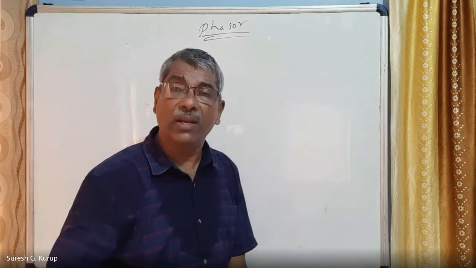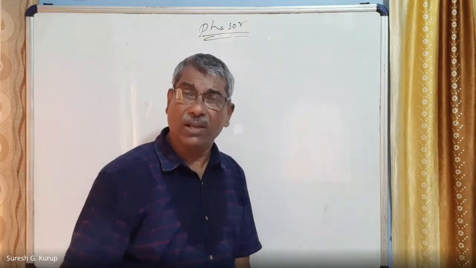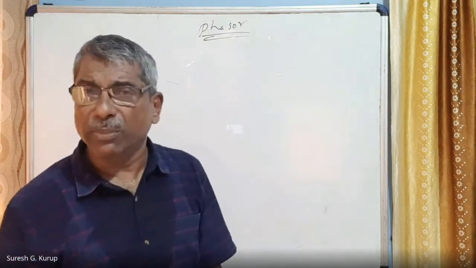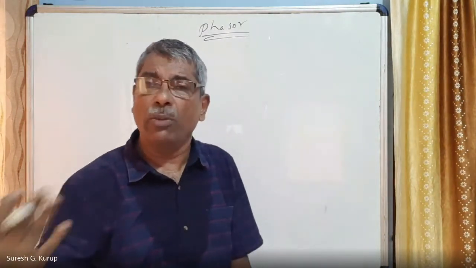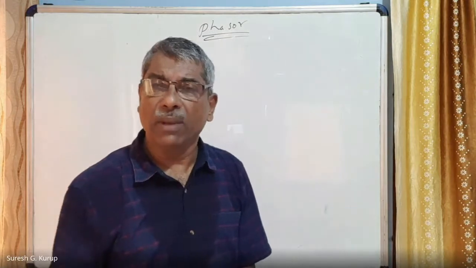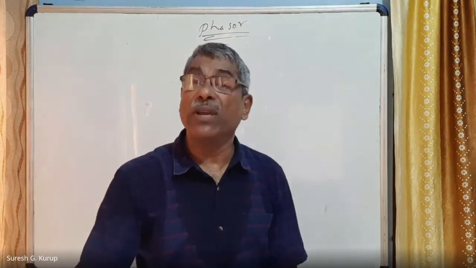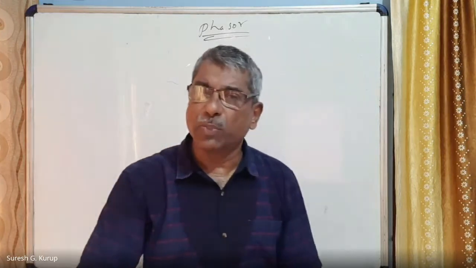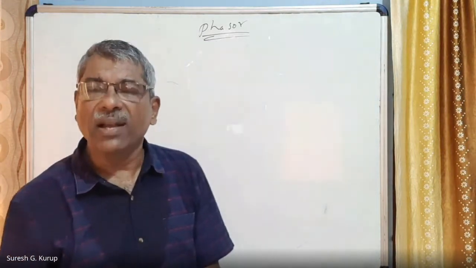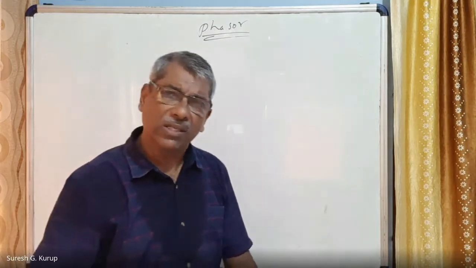Both will not go together. One may go ahead and the other may go behind, right? Sometimes current is ahead, and at that time EMF will be behind. Sometimes EMF will be ahead and the current will be behind. Such things are called phase difference between current and EMF. This is due to the presence of special circuit elements like inductor, capacitor, etc. All these things I have said.